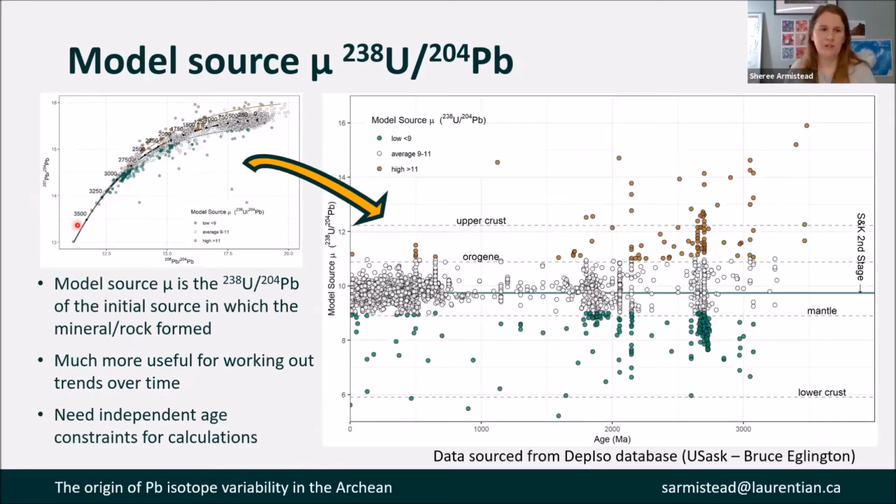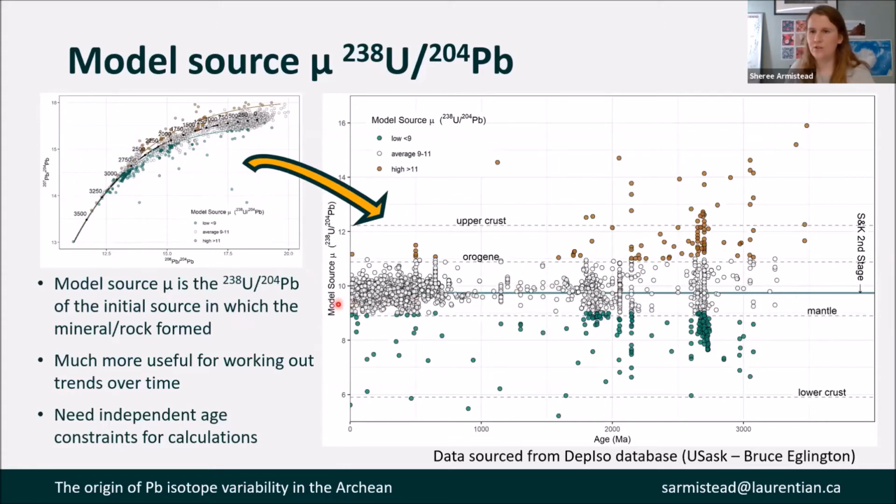And so we can look at the lead isotope data in this sort of space, so 207/204 lead versus 206/204, but it's really hard to see different changes or patterns in the data through time. So this is why we use what we call model source mu. And we can convert it into this space, and you can see that the Stacey and Kramers second